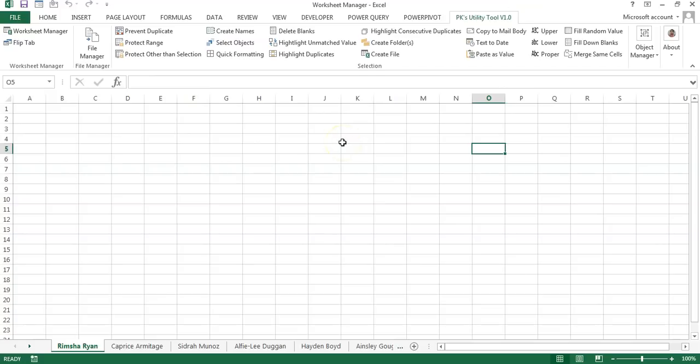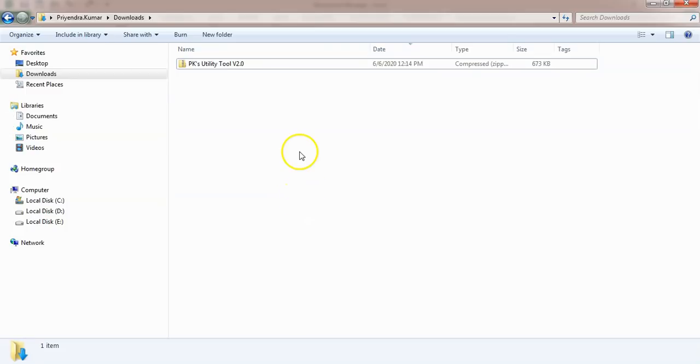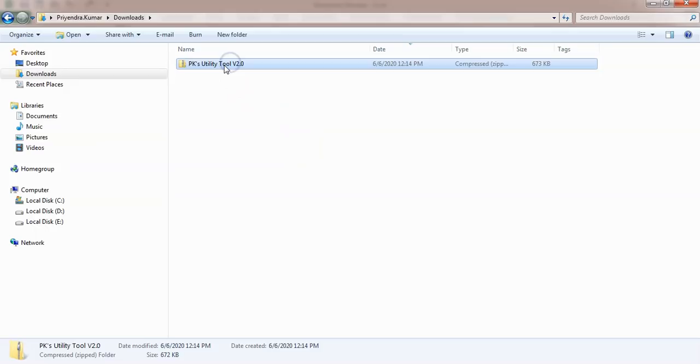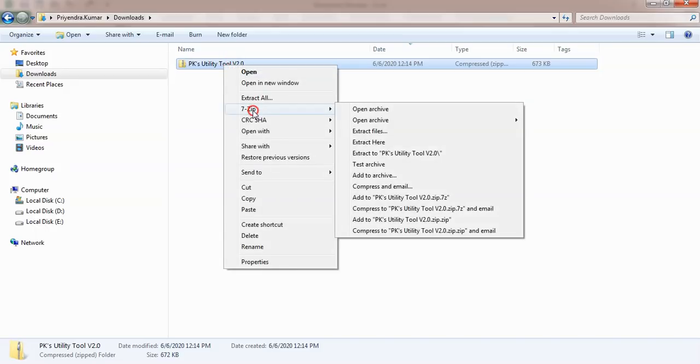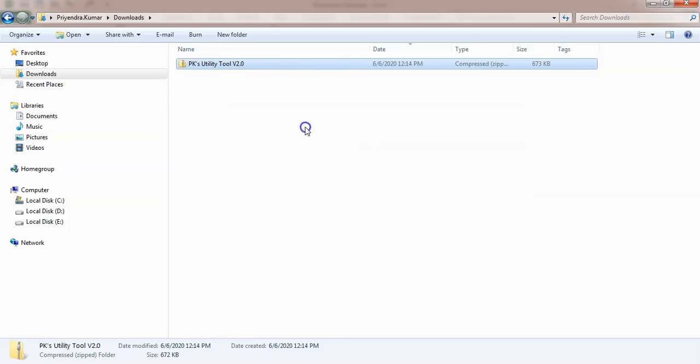So first of all, I would like to tell you how you can install PK's Utility Tool 2.0 in your Excel. First, download PK's Utility Tool from my website. I have given the link in the video's description box and it will be a zip file. Just unzip it using 7zip or any other zip application. Let me extract it here.